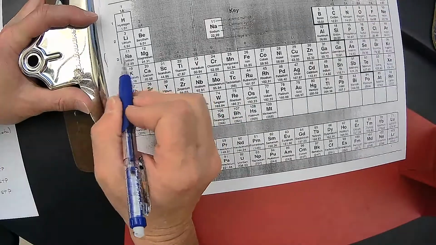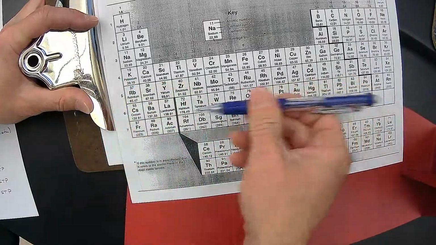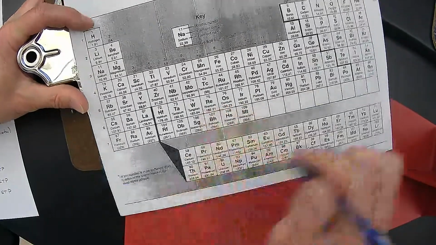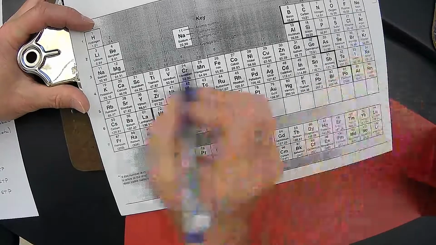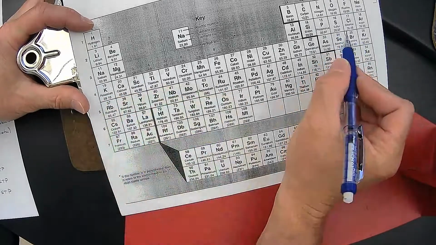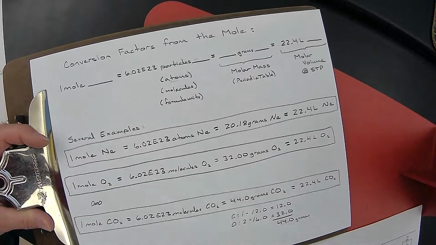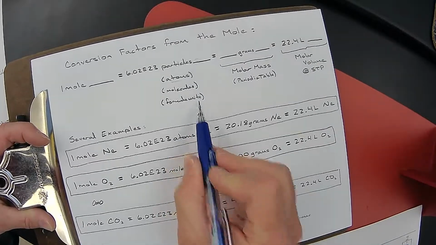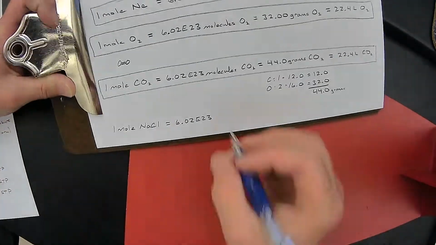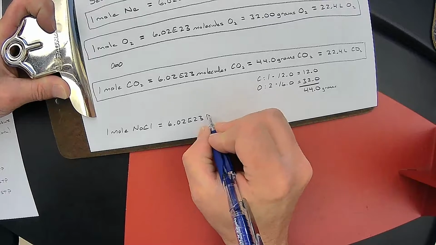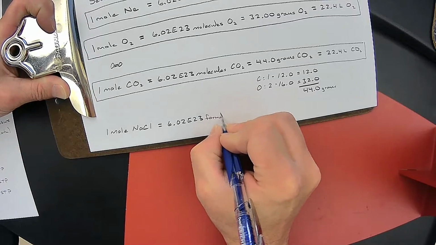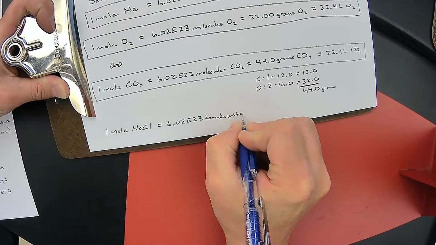Here, Na is a metal because it's on the left side of the periodic table. Cl is a non-metal, so we have a metal bonding with a non-metal, and the name that we use for a metal bonding with a non-metal is formula unit. So 6.02 e to the 23rd formula units